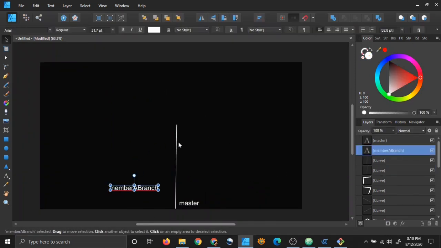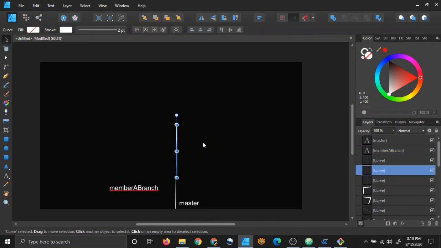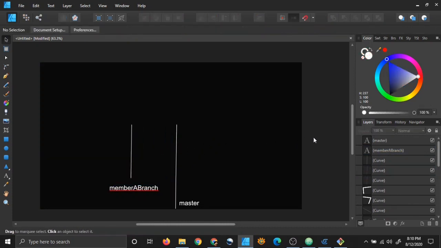Now member A branch can be there or not be there. That you have to decide on GitHub. But now my master branch is bigger because I combined the master branch with member A branch. So that's what you can do, right?